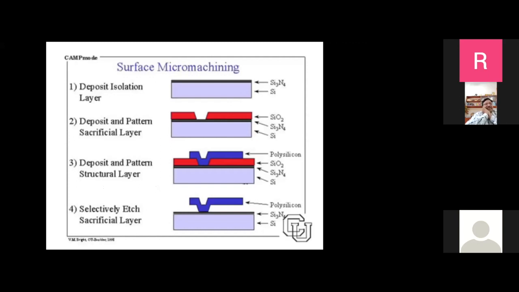This is an example of making a cantilever beam on silicon using what can be called surface micromachining. One of the important features in surface micromachining is that you will use polysilicon layers, not silicon, but polysilicon layers as the structure. So the important properties of polysilicon are important here. So you can see the last picture now.